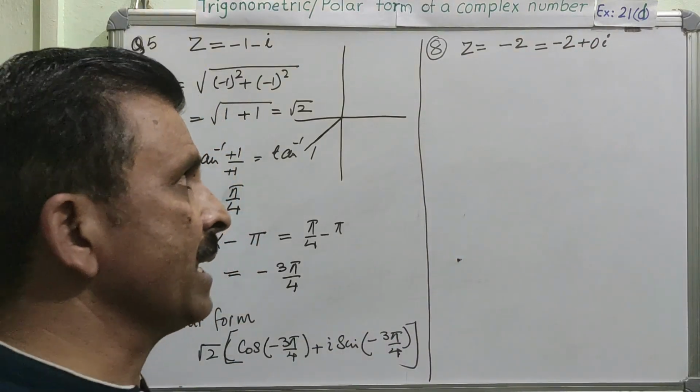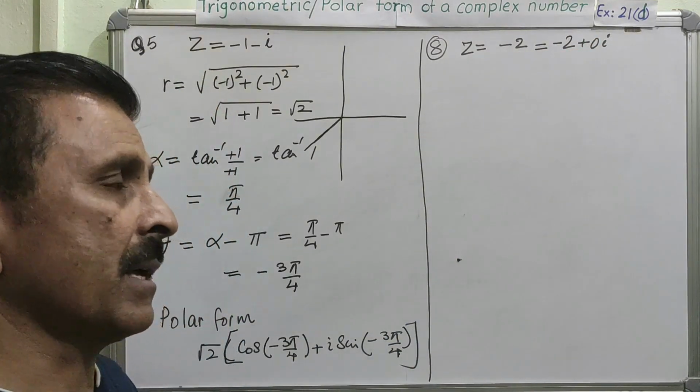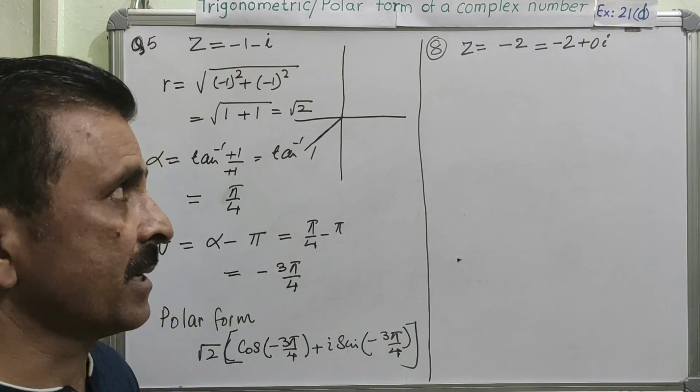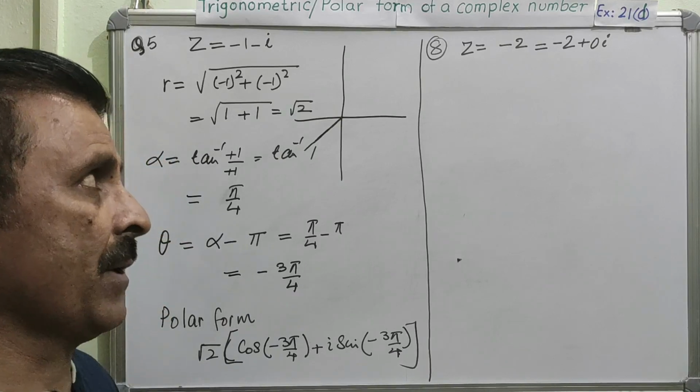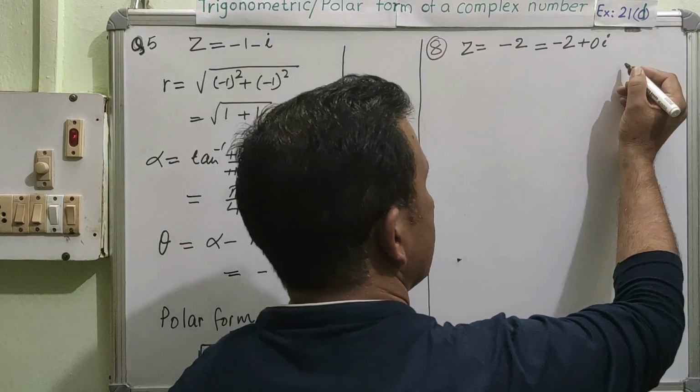So for our understanding, we wrote it in the actual form, in the form of a complex number, having the real part as well as the imaginary part. Is it okay? Now what we are going to do is, first of all, find out the location of this complex number. So once again, let us draw